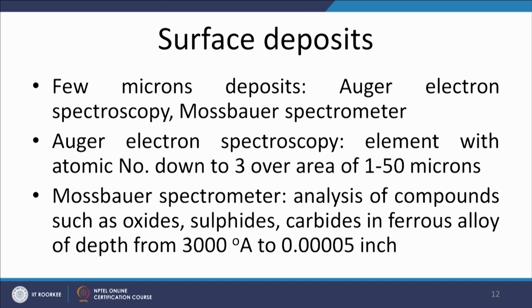These are the Auger electron spectroscope and the Mossbauer spectrometer. The Auger electron spectroscope is used for measuring the elements from atomic number 3 upward over an area of 1 to 50 micrometers, while the Mossbauer spectrometer is used for analysis of compounds like sulfides, carbides and oxides present in ferrous systems, and can analyze depths varying from 3000 angstrom to